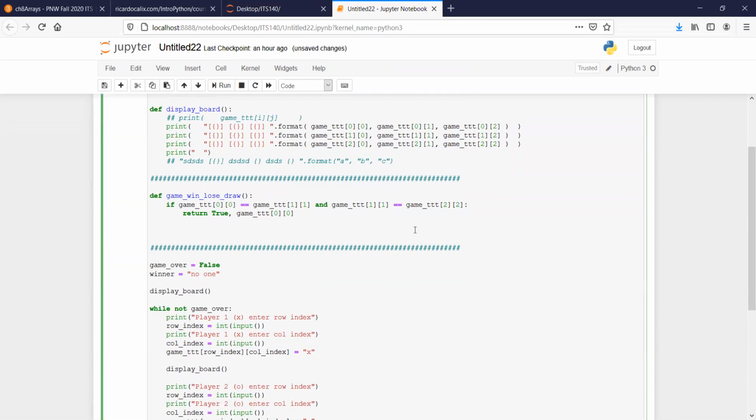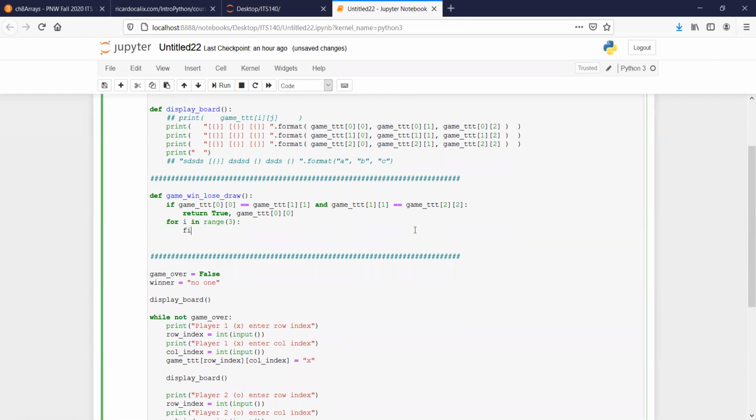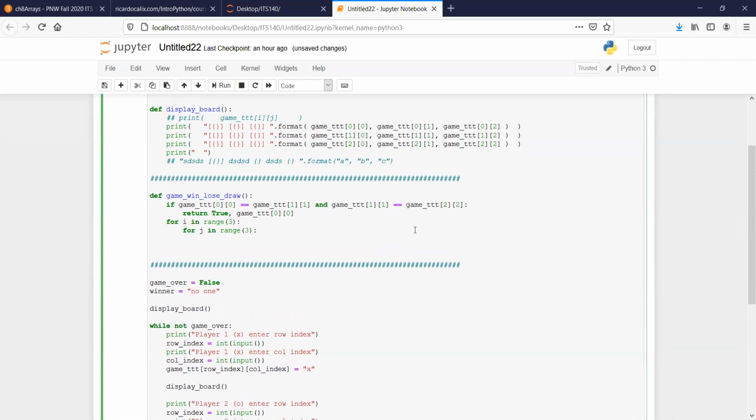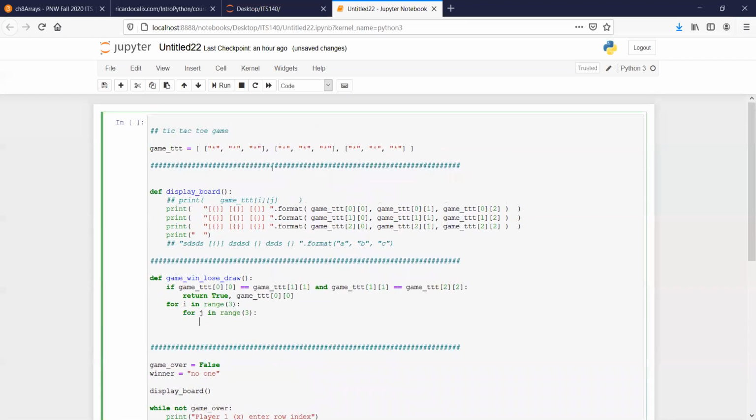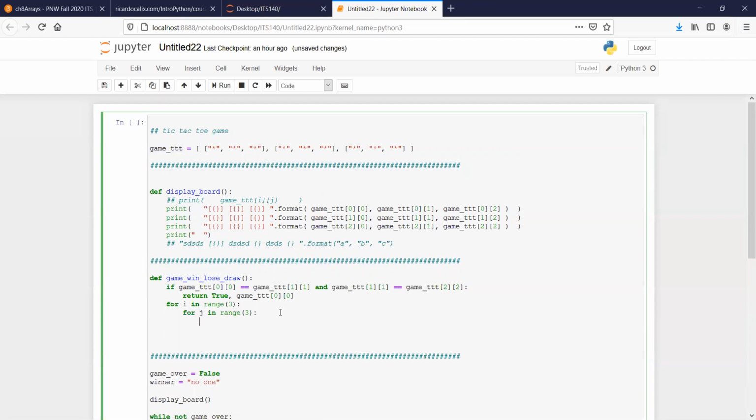So it would be something like, to basically do a search, I think. So let's do for i in range 3, for j in range 3, right? So this allows us to search through the whole game. So now I'm going to say, what am I going to say? I'm going to say, if